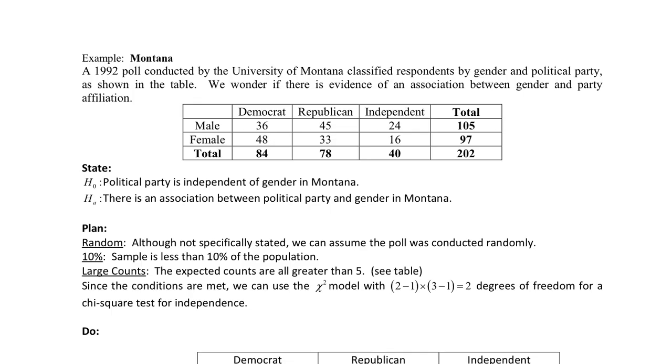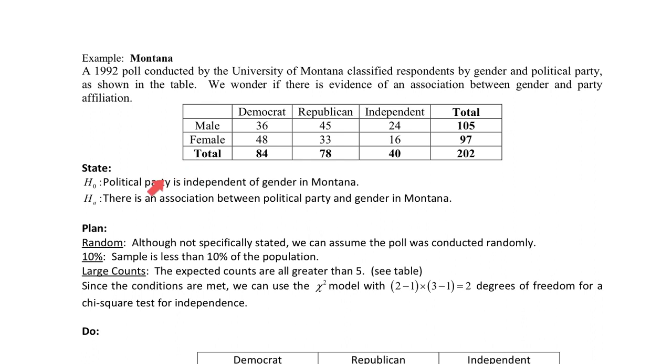Let's dive into an example about Montana. Wow, this is a really old poll. In 1992, the University of Montana classified respondents by gender, which is often a common category, and their political party. So we want to see if there's an association between gender and party, or if these are independent. Like if I picked male, they weren't more or less likely to be part of a certain